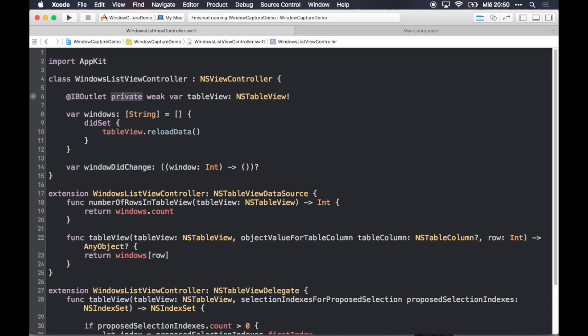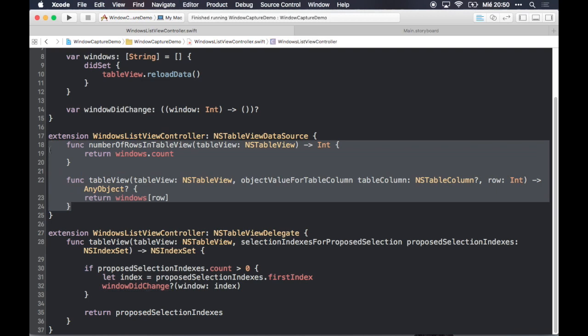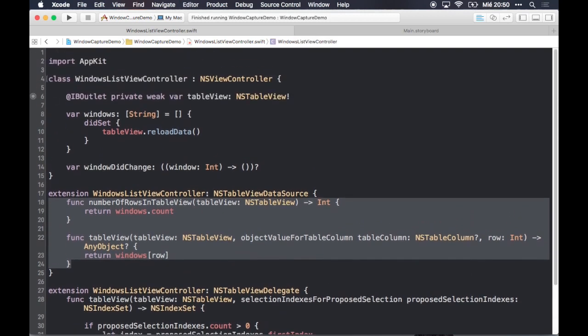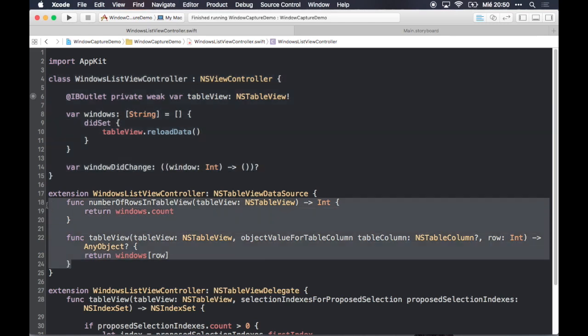Again, the table view itself is completely private, so nobody apart from this view controller should touch it. This view controller uses a couple of extensions to implement the table view data source and the table view delegate. I find this style in Swift really interesting because it demonstrates to the reader of this code that these methods could go anywhere in the app, that this view controller itself doesn't depend on this. You can create another object and delegate to that object if you want, it doesn't matter, because they're in an